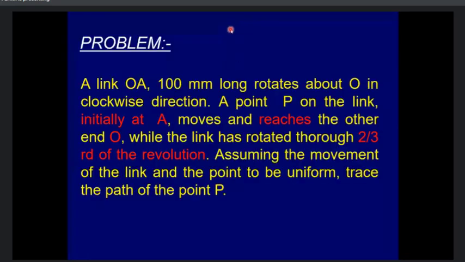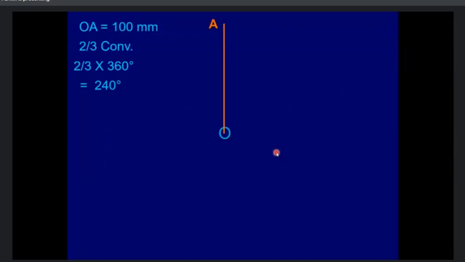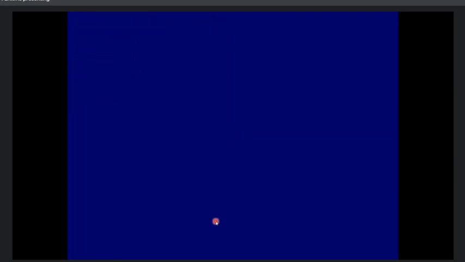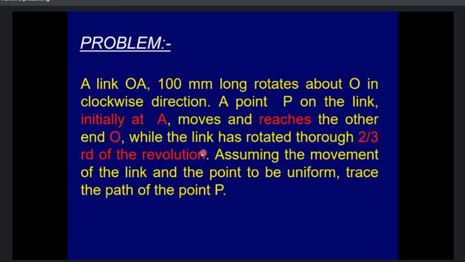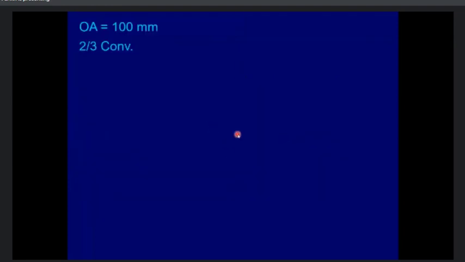Okay, यहाँ पे क्वेश्चन में शायद गिवन नहीं है. Otherwise, I will be adding one more line here: the link OA is initially vertically upwards. ऐसा मुझे यहाँ पे लिखना चाहिए. Otherwise you can assume this link OA horizontal on the right side, on the left side, on the bottom side, any way. But probably the question is missing a line here. The link OA is initially vertically upwards, ऐसा लिखा होगा.